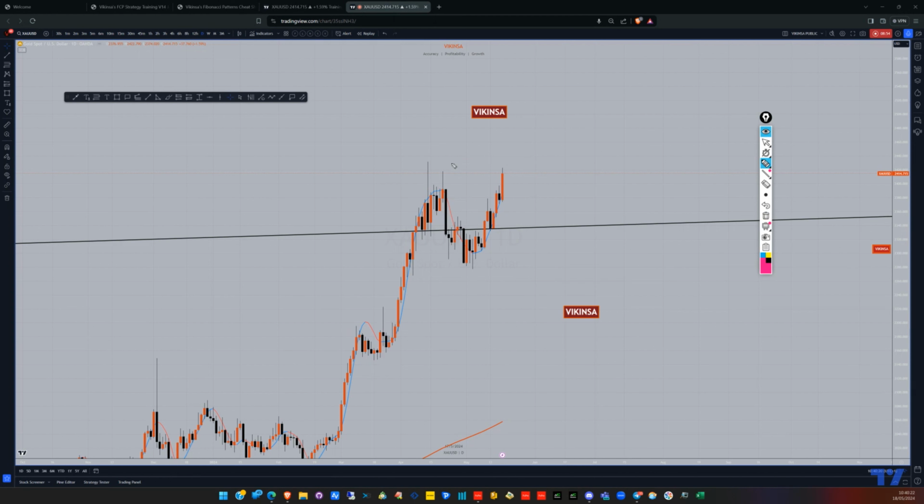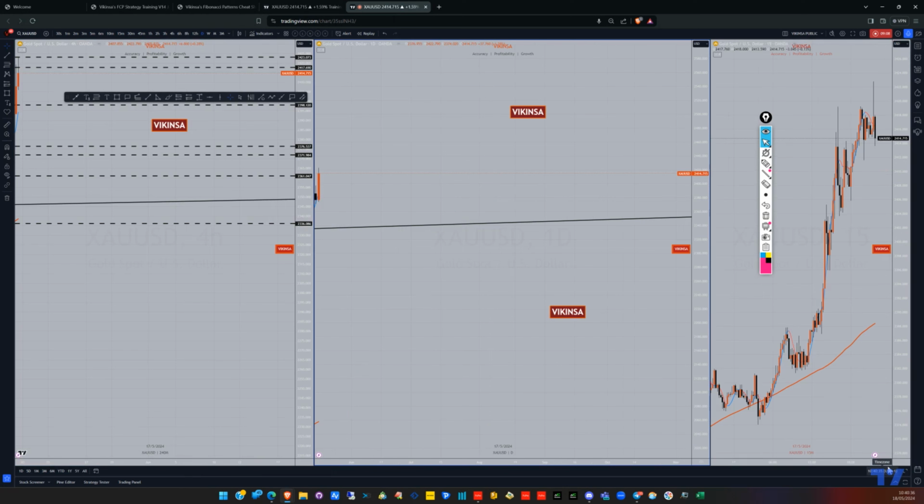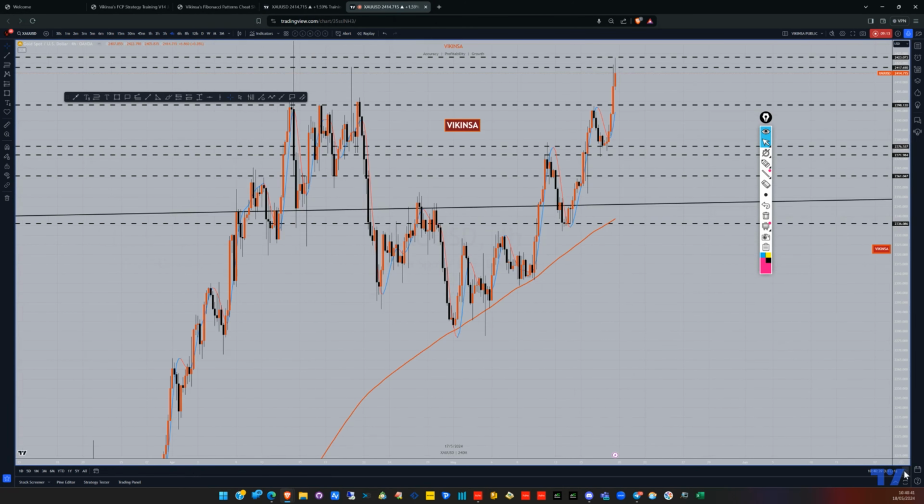All you have to do is look at one of those levels and play around those levels, target one of those levels or enter at those levels, because those levels are the important ones. So let me share some of those with you right now. And as I said, these are not the comprehensive ones, because I share the better ones in premium analysis. So these are the levels which you can find on the screen. I'm not going to read out the numbers because you can see them on the screen. So these are the levels.